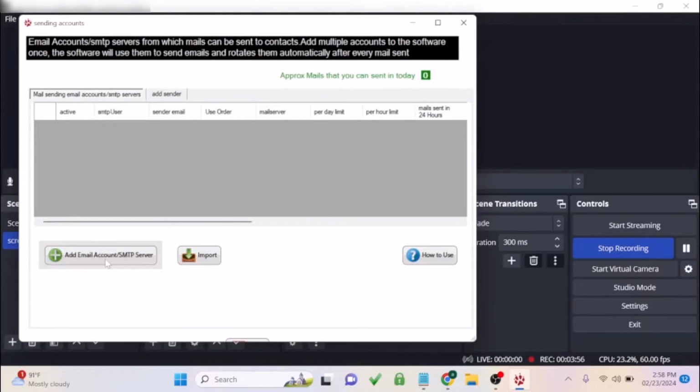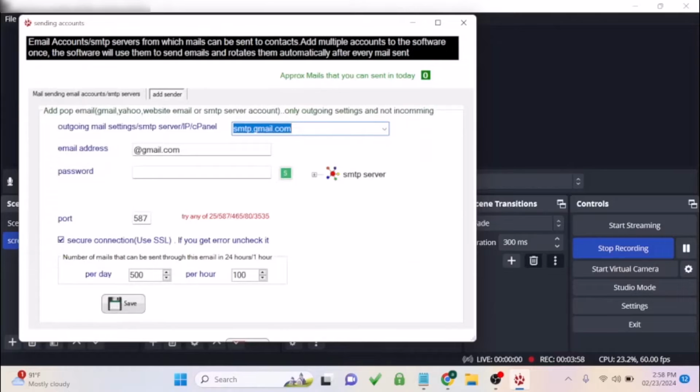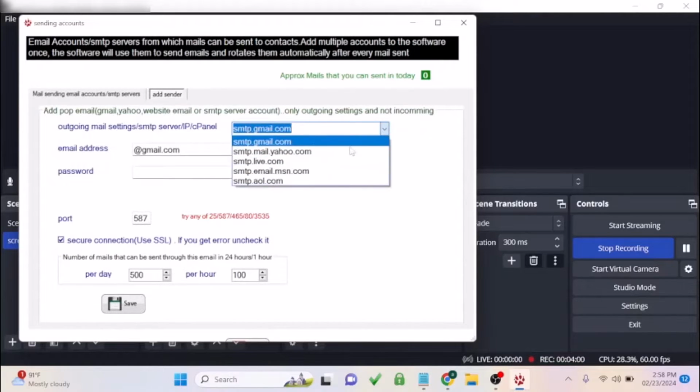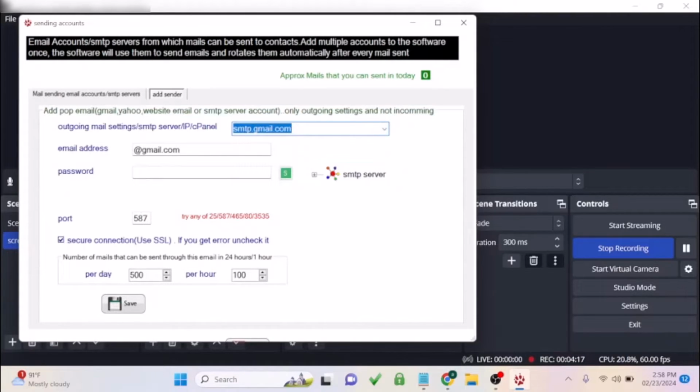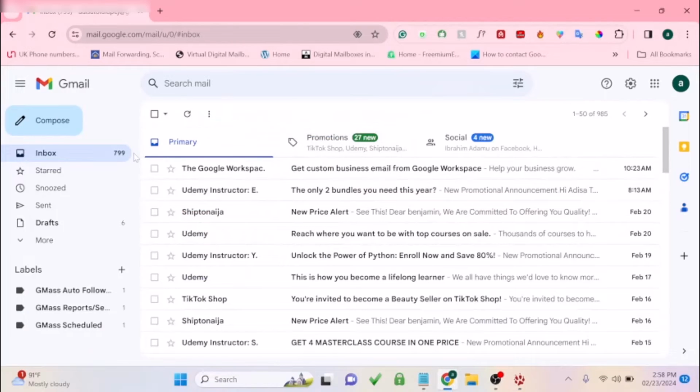Come to add email account of SMTP. If you click on this drop down, you can use SMTP Gmail, Yahoo SMTP, Live SMTP, and you can use your own custom SMTP. It works with Amazon SES, PowerMTA SMTP, any SMTP you want to use, you can use it on this server as well. After I've chosen the Gmail SMTP, then come to your Gmail account, log into your Gmail account,